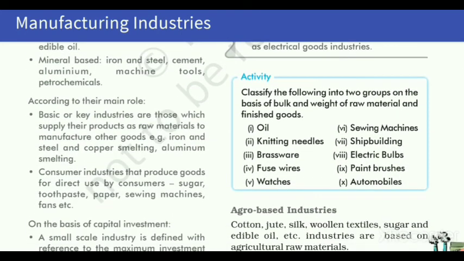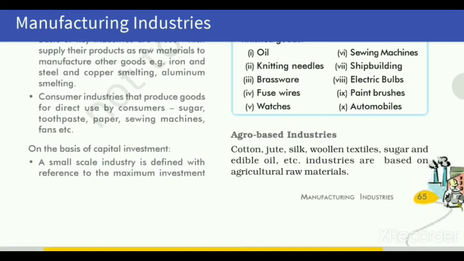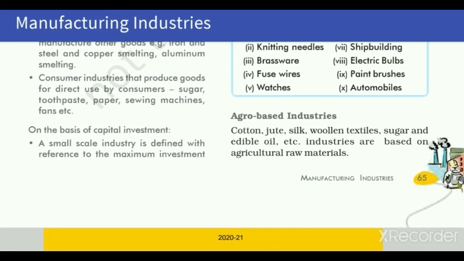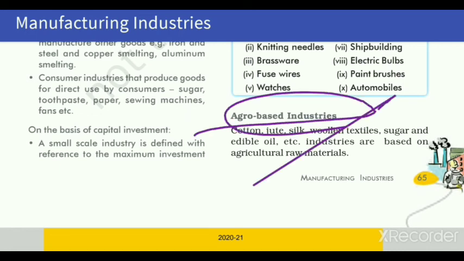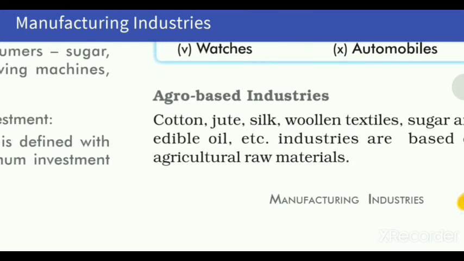So we have seen that industries are classified on different criteria, and they are of five types. Now let us move towards the next topic. Our next topic is agro-based industries. What is the meaning of agro-based industries? Actually, agro-based industries can be understood in this way, that all those industries which use agricultural products as a raw material. Like here you see a number of examples have been given, like